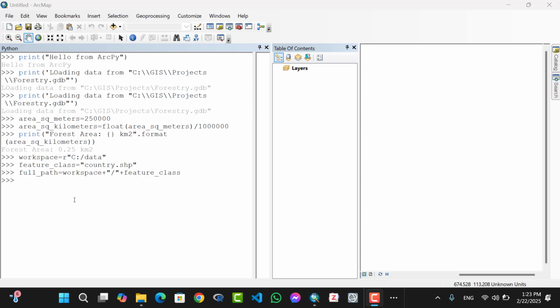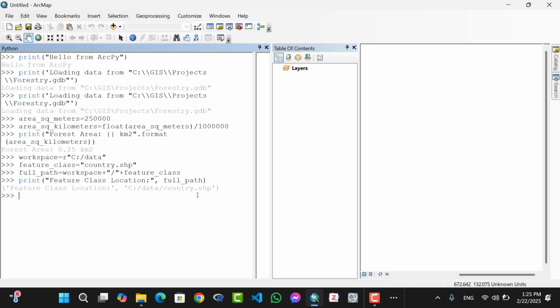Full path equal workspace plus slash plus feature class. Print feature class location, comma, full path. The output: feature class location, C data